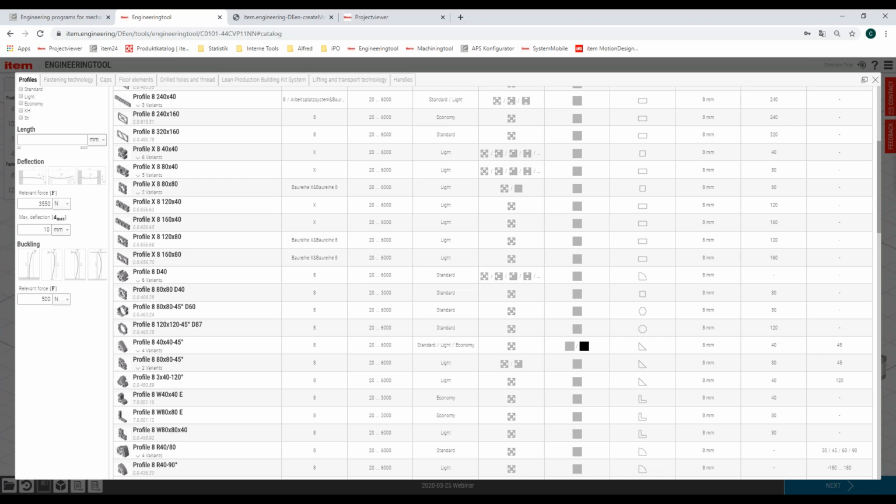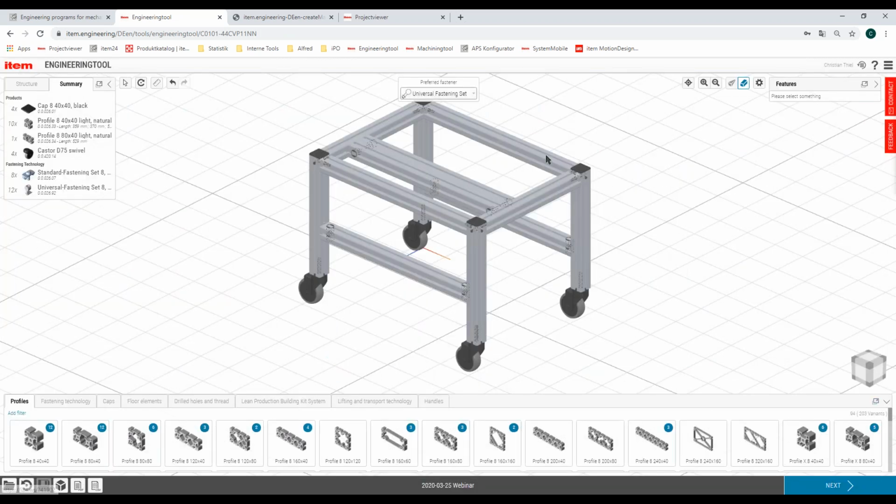Does the documentation show the weight limits as well? No, in the end, it's the same question as the deflection at this point. If you put the design into our shopping cart, the shopping cart would show you the weight of the complete design, but it does not show you at any point the maximum load you can take care about.